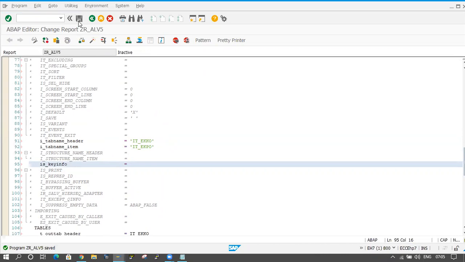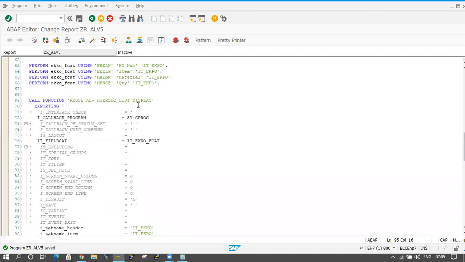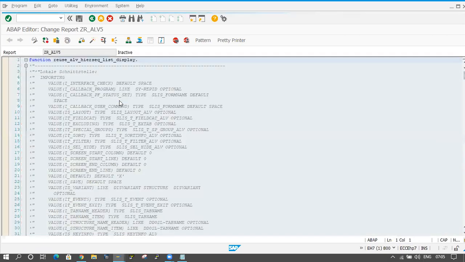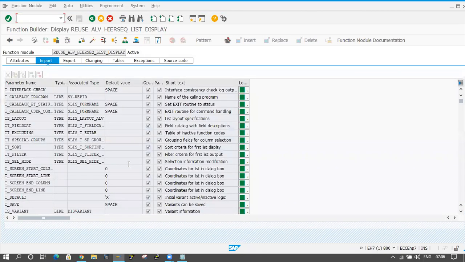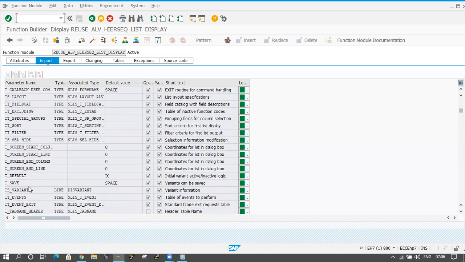So what will I do? I will double click on this function module, or I will execute the SE37 transaction separately, pass this function module name, and click on the display button. It will open like this. And here there is something key, right?